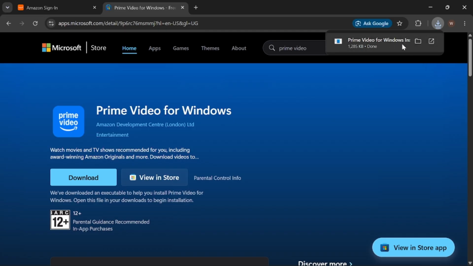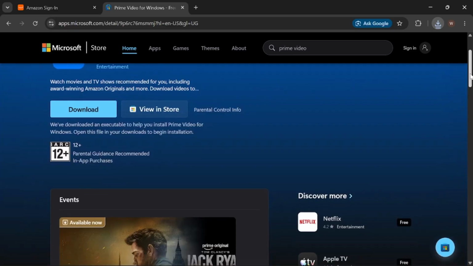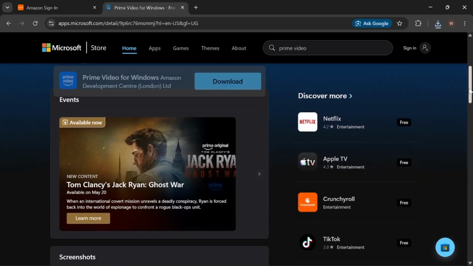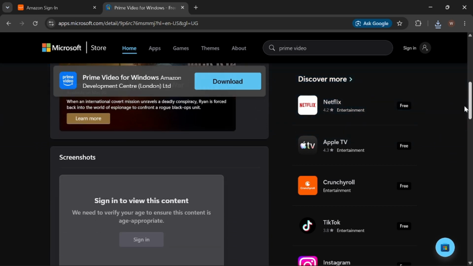Limitation. The web browser method works on any operating system and requires no installation. The Windows app may offer a slightly optimized interface and offline download capabilities for some content, but features may vary by region. Both methods require an active Amazon Prime or Prime Video subscription. This tutorial is best suited for users who want to watch Prime Video on a computer without a smart TV